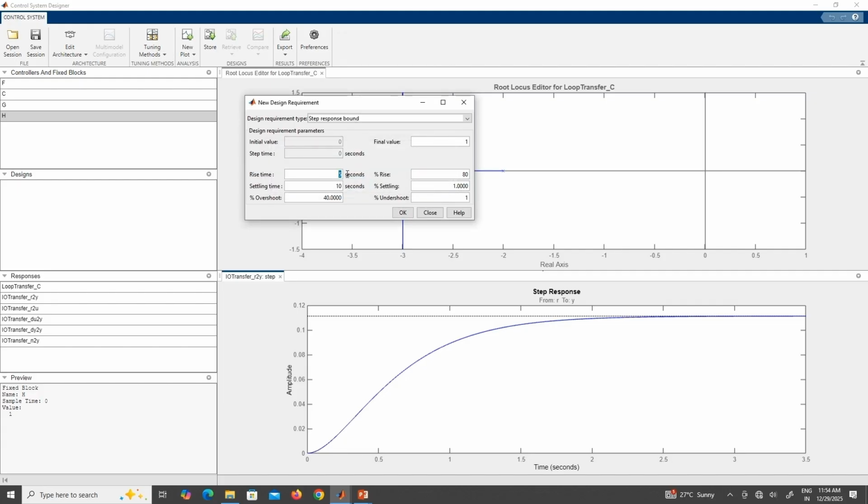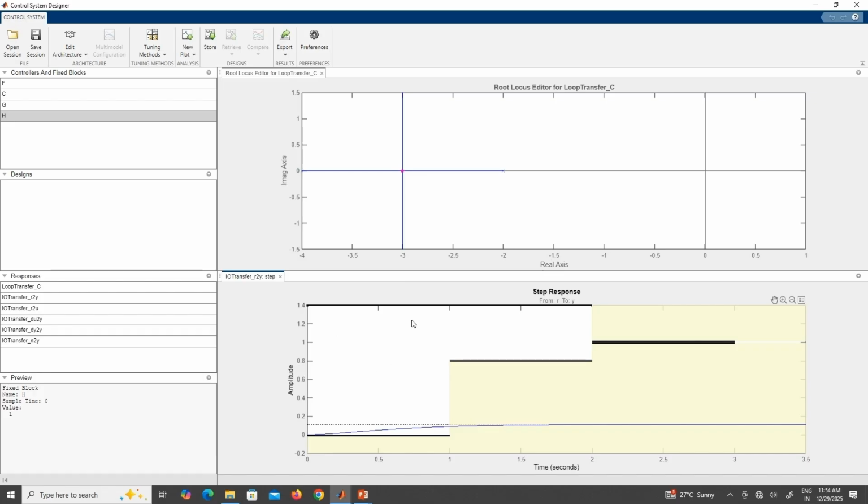So, that is why you see the rise time I have to give first. Remember, in this question we have not taken rise time as a specification, so you can give anything actually. Let me give it 1, it should be less than the settling time, but settling time should be 2, okay. So, settling time is 2, overshoot is 40. So, I press OK, and as soon as you press OK, you can see this is the overshoot line in